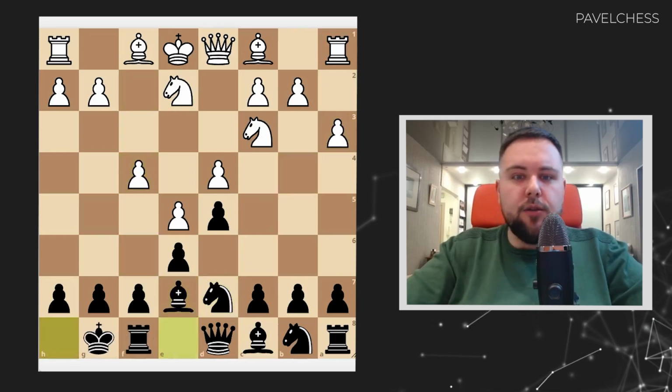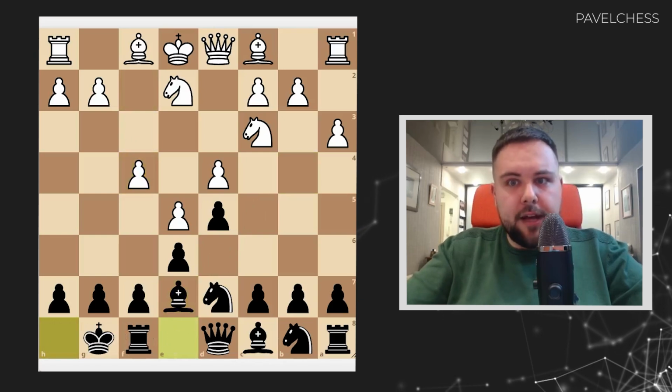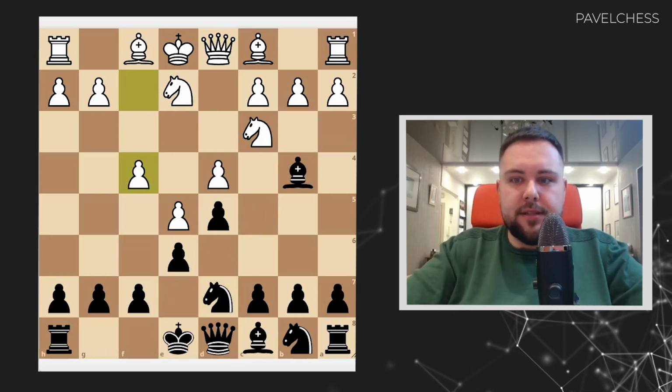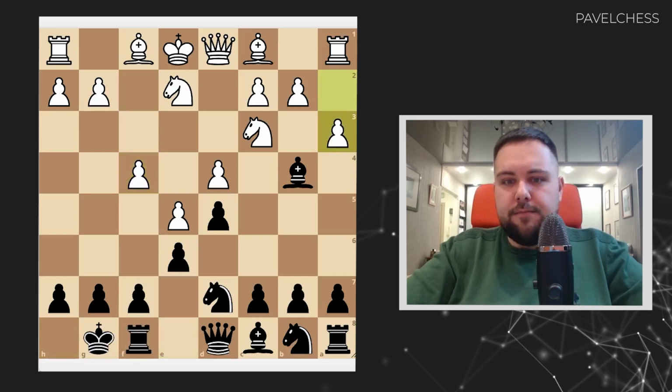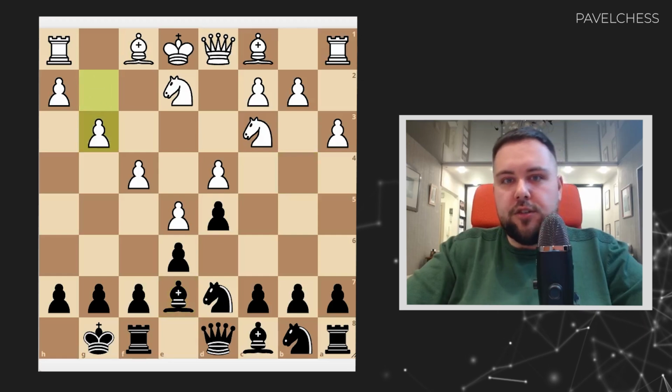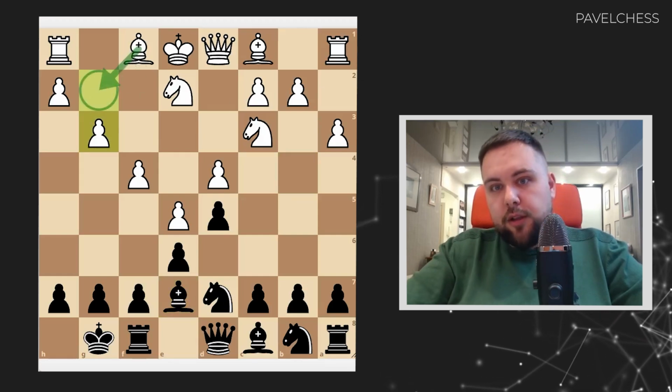In f4, I can go castle, and it's more or less the same as the main idea after f4 on move 6 immediately. So castle, e3, bishop e7. What to do now? For white, it's logical to play g3 because they need to somehow unlock the bishop from